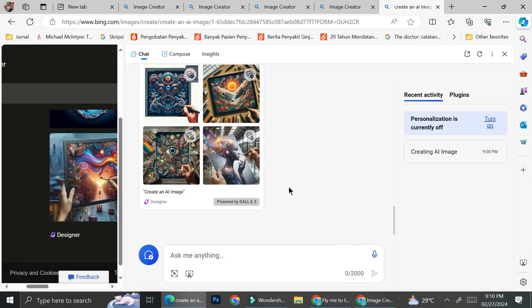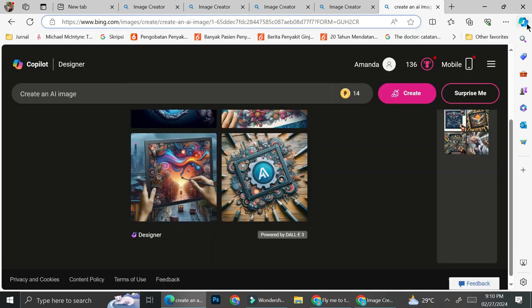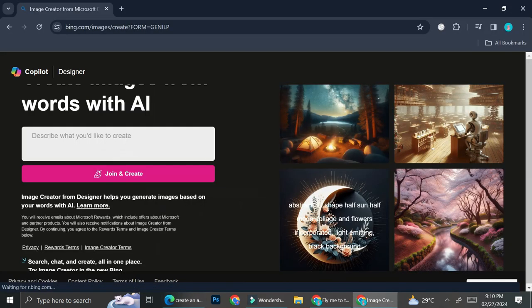So if you're using the Microsoft browser, you're going to be able to directly create your AI image without having to go to the Copilot website or the Copilot platform to create your AI image. Now I'm going to go back to my Google Chrome browser,